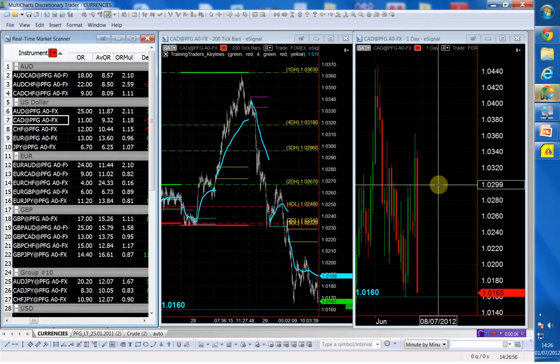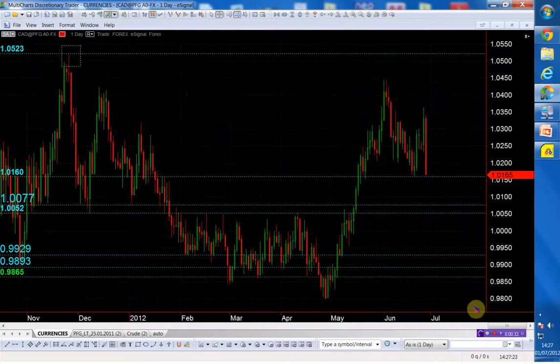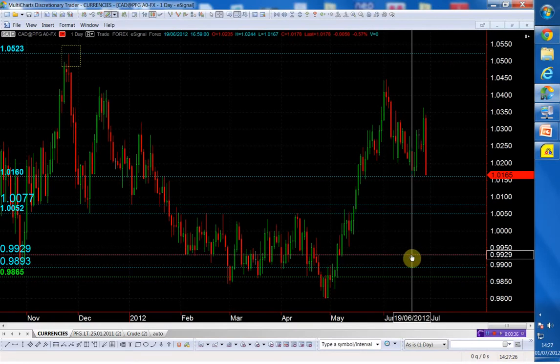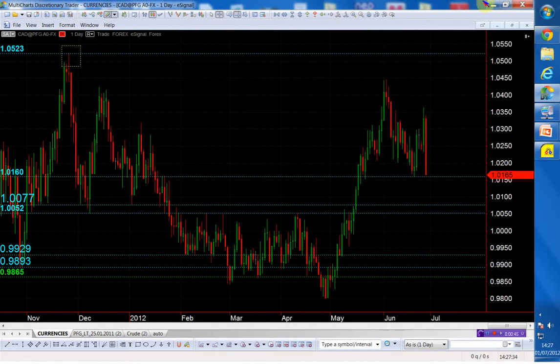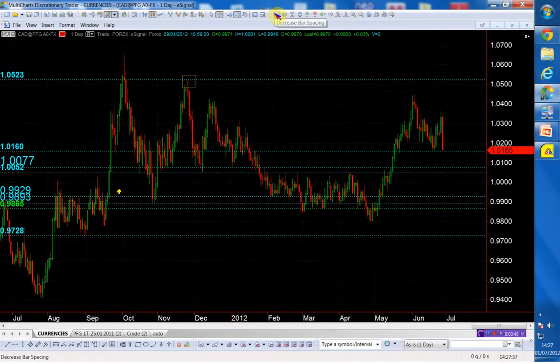This is a very interesting setup that you see on the chart. Why is it interesting? First of all, two points. The dollar and the CAD are very closely correlated to each other. The dollar has been pushing higher,